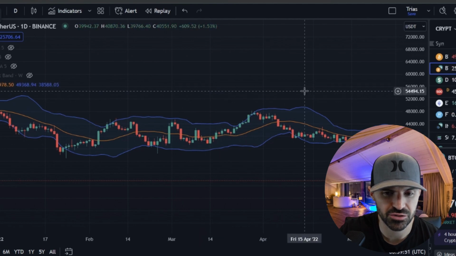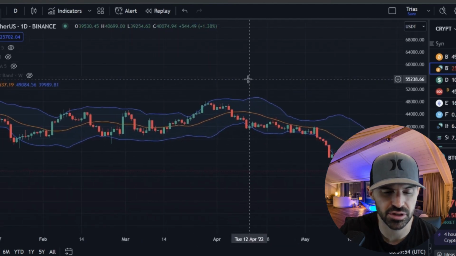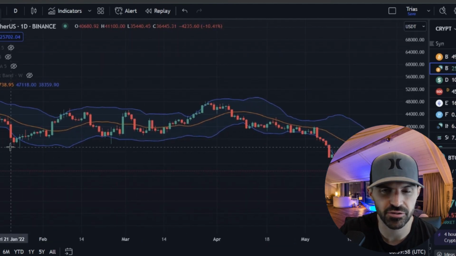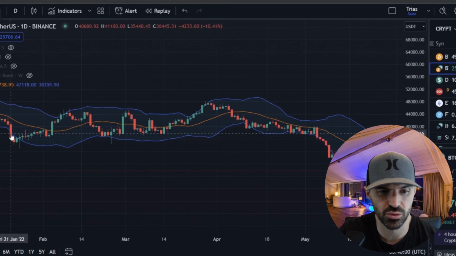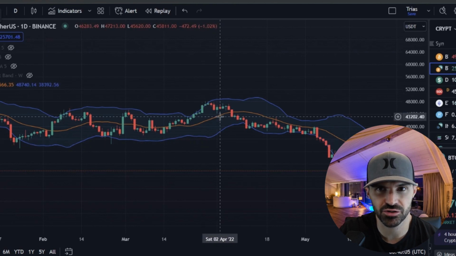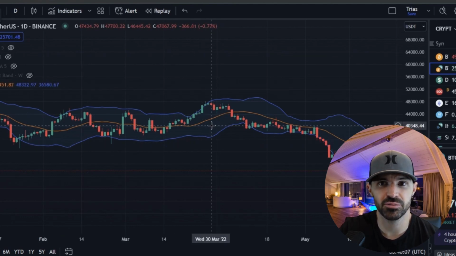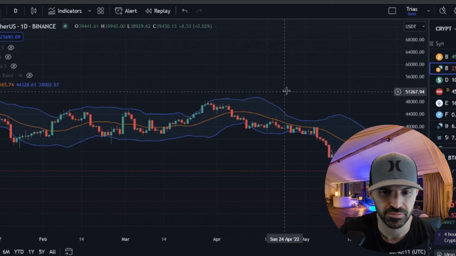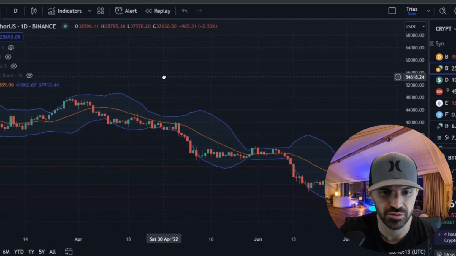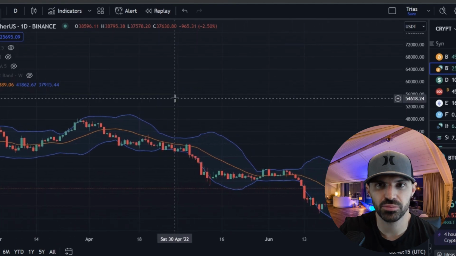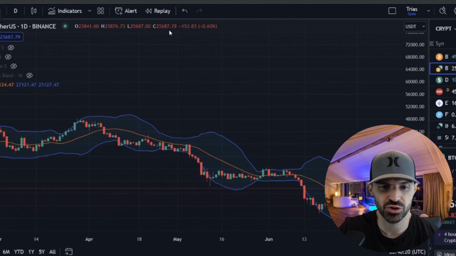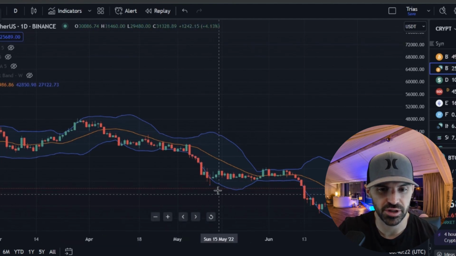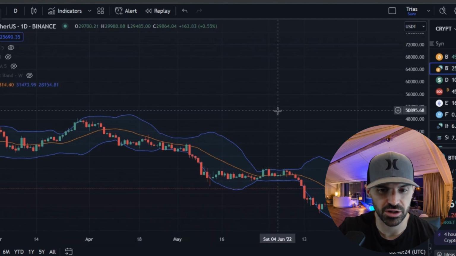So as a trader, you want to be careful because the Bollinger Bands can give a lot of false signals. Just because it's at the lower band, it doesn't mean that you're going to jump in and put in a trade. If you do that, you'll end up losing lots of money. So as a trader, a really good strategy is to incorporate it with another indicator, which I'm going to show you in a sec. But another thing to acknowledge about the Bollinger Bands is